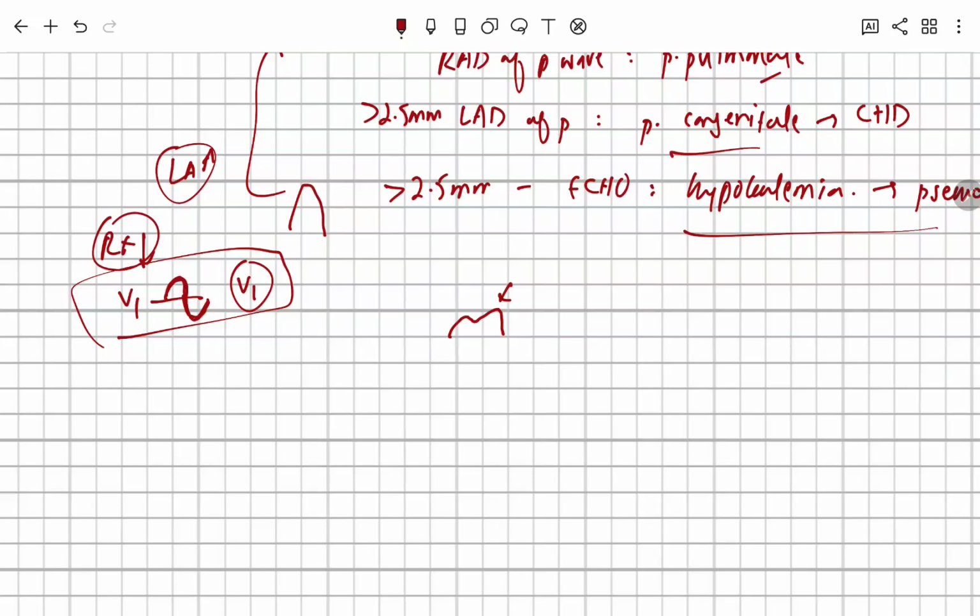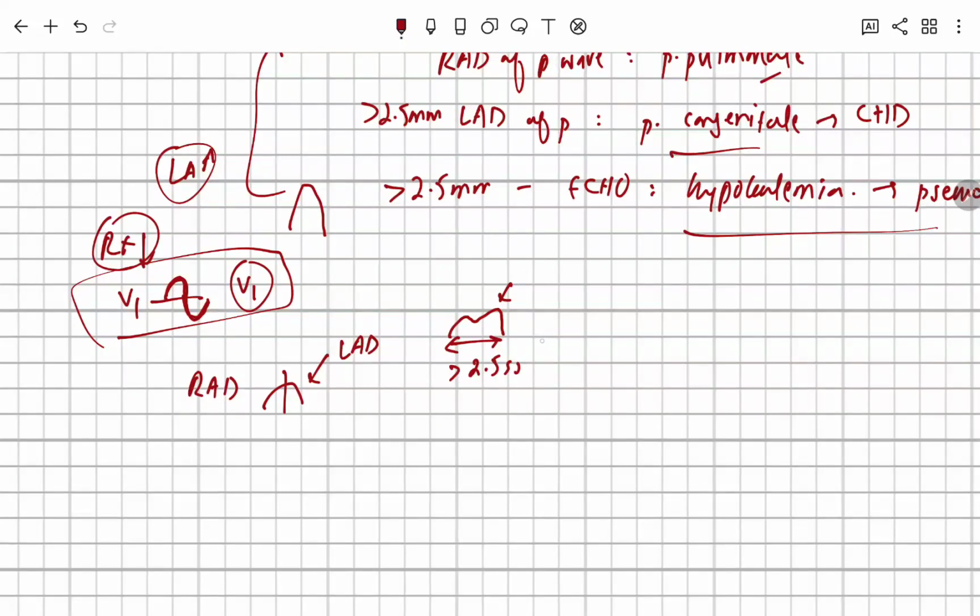We know that the first half of the P wave represents the right atrial depolarization and the later half represents the left atrial depolarization. If we see that the second part is more prominent than the first part, and there's increased width of P wave, more than 2.5 small scales,